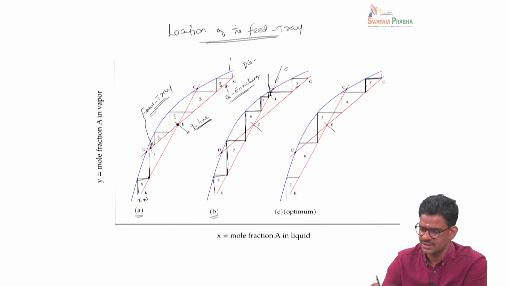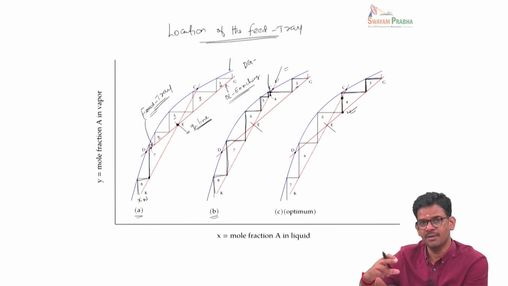So this is the third tray, and then when we come to the fourth, here we have a choice. We can either stop here and make a transition to the exhausting line, or we can continue all the way to the enriching line. So among these two options, this line gives a bigger step, so we continue with the enriching line